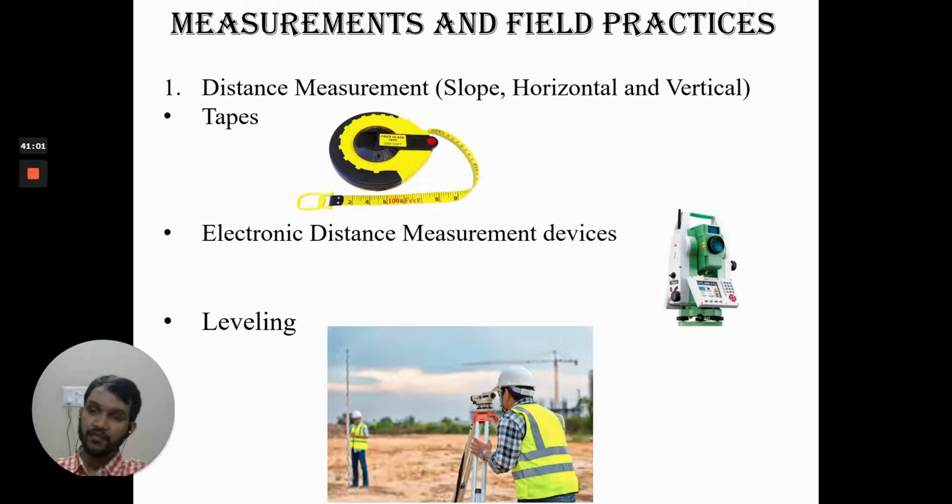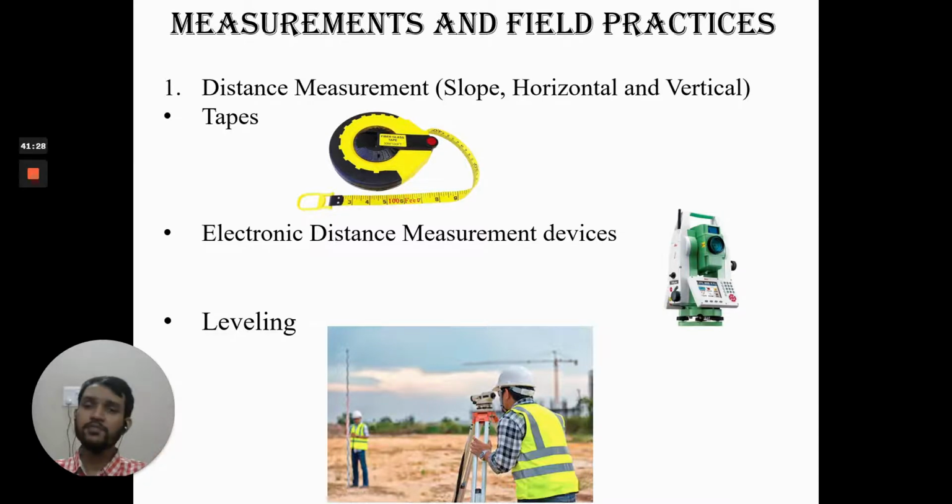Okay, if not, and if there is a certain error of closure, then what we do, we try to find that magnitude and distribute it equally between all those points, or sometimes in the ratio of distances. Suppose the first point was at a distance of 50 meters, the second was at a distance of 60 meters, so in that ratio only we will distribute the error. Okay, so there are certain techniques that distribute the error. There is one Bowditch rule also that I will tell you when we will be discussing that.